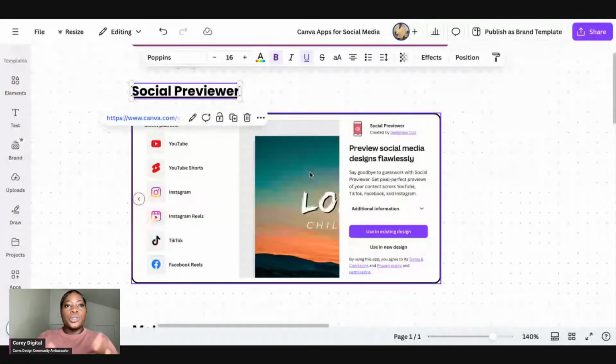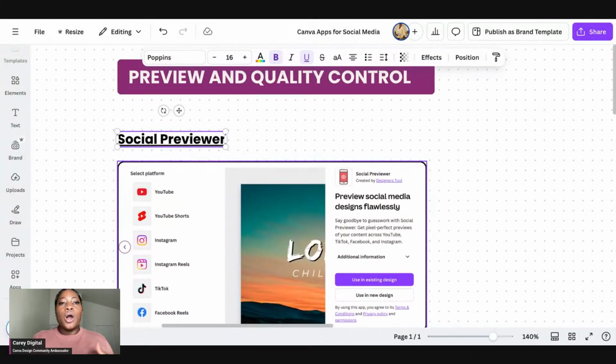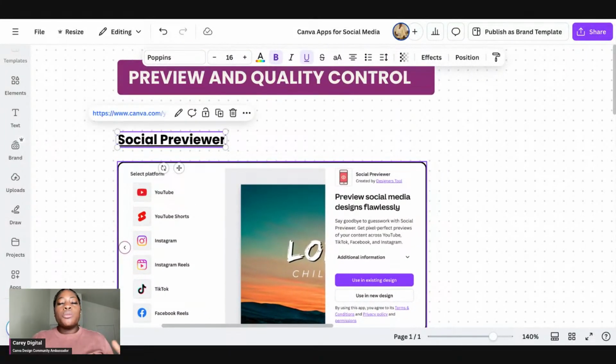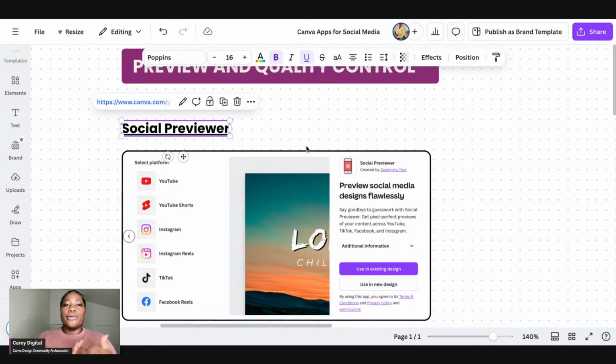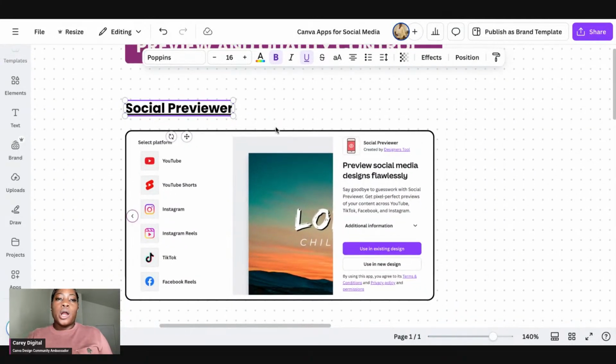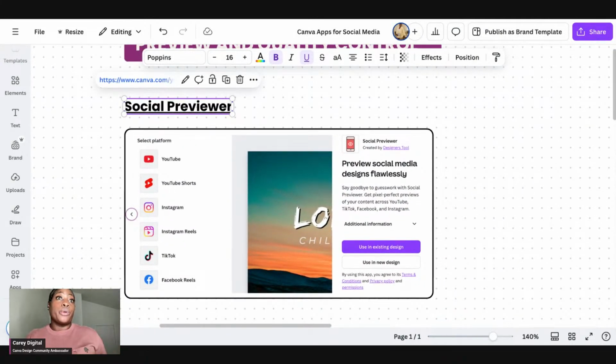So I'm going to go ahead and share with you the other app that I was talking about earlier. So the app I was talking about here is how you can preview and do some quality control for your graphics. And the app that I'm referring to here for the first one under this category is Social Preview, right? So I'm going to select here,